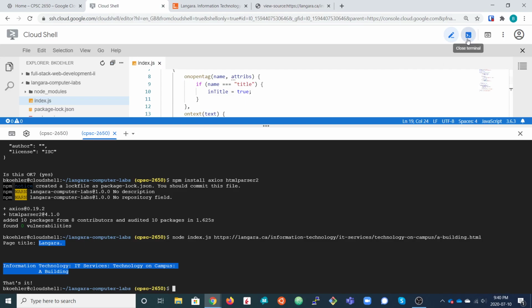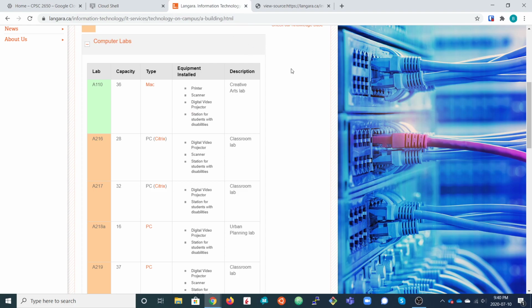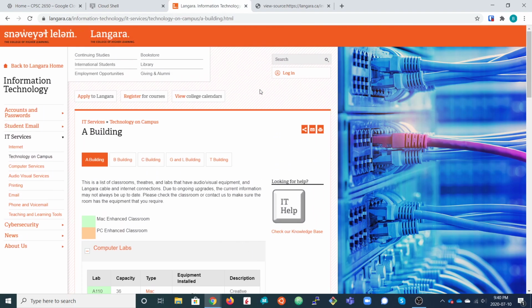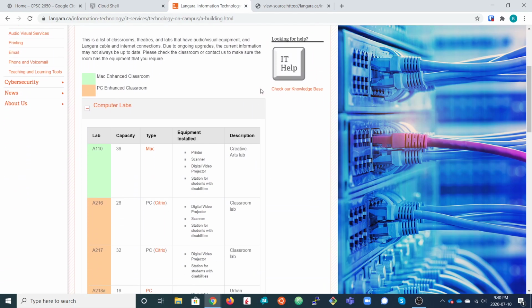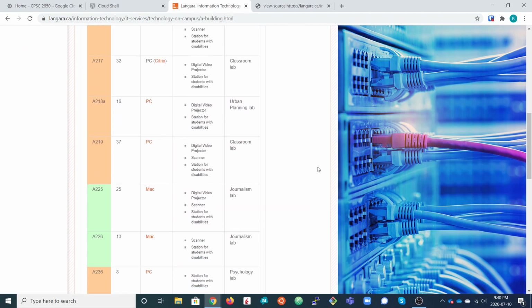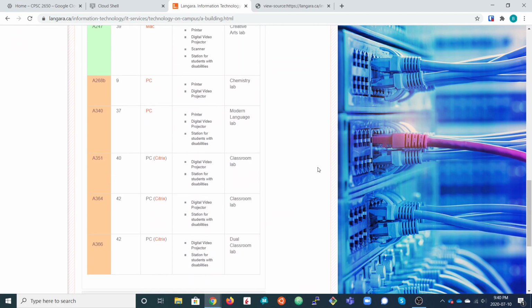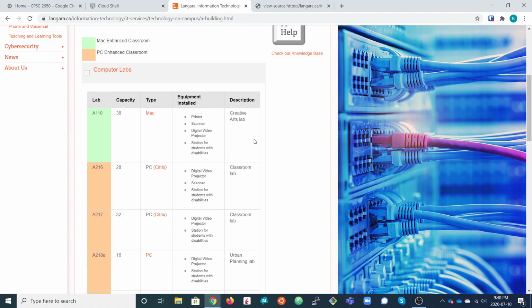Okay, so now what we are really interested in doing is going back to this page. We are more interested in counting up the number of computer labs. And so you can see here there is a table with that information. And so the total number of computer labs is simply going to be the total number of rows in this table.